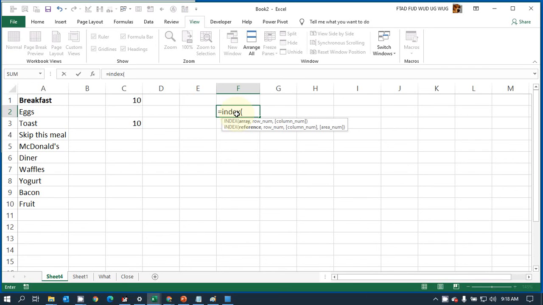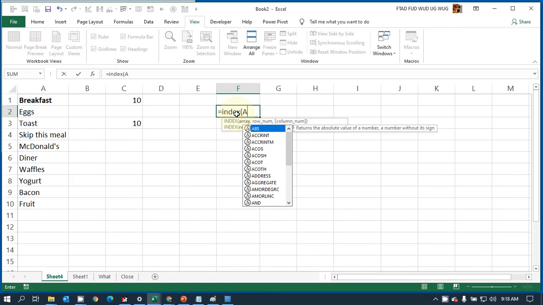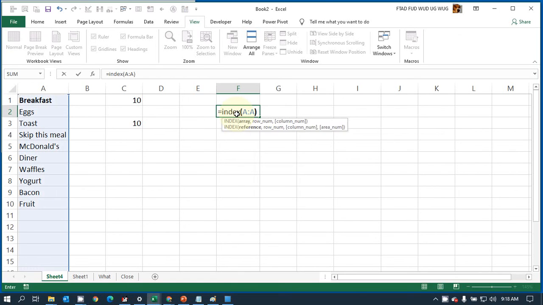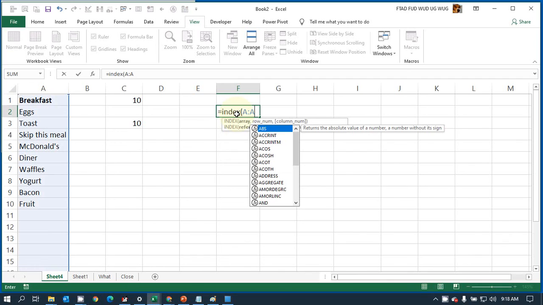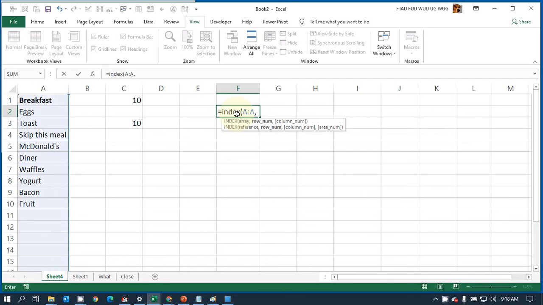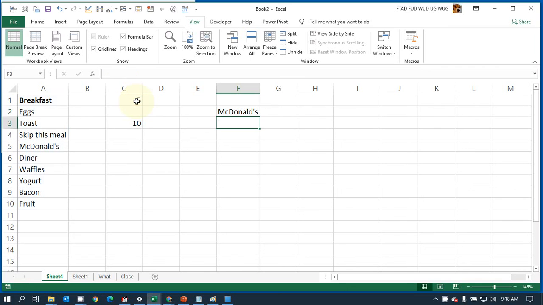In this case, it's going to be the whole column. And then we have to give it a row number, and the row number is going to be this random cell, and we close it. And now you see if we recalculate, I'm pressing F9 on Excel, and you see